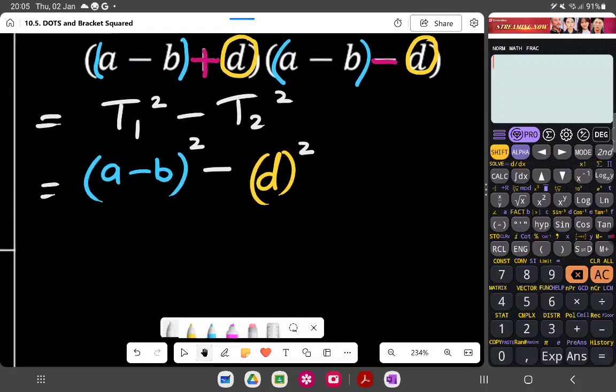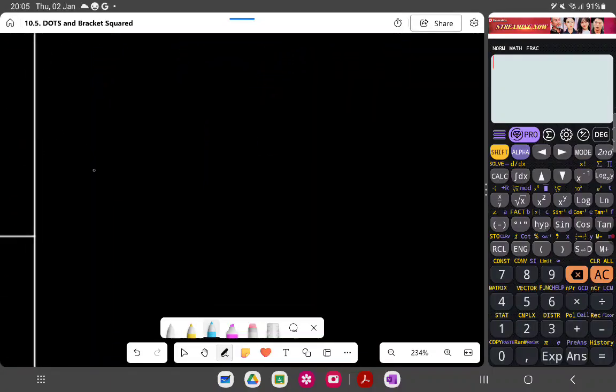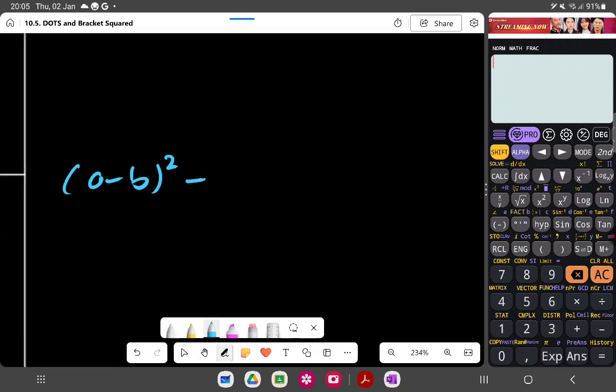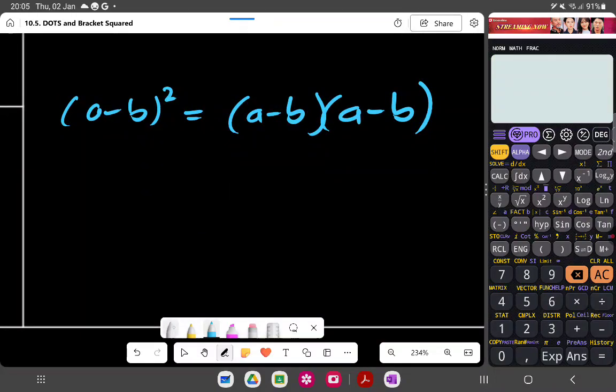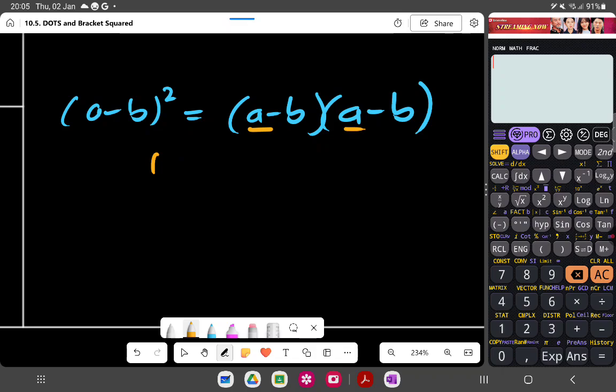Now I'm going to multiply it out. We haven't figured out yet how to do brackets squared, but you know how to do FOIL, right? So basically, if I say a minus b squared, this is actually a minus b multiplied by a minus b. So if I do FOIL, first with first gives me a squared. Then I'm going to say, hold on,